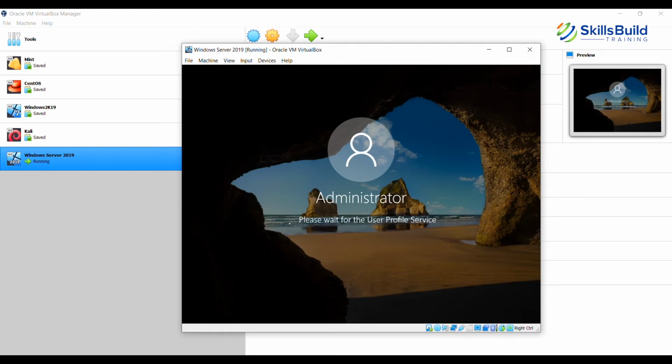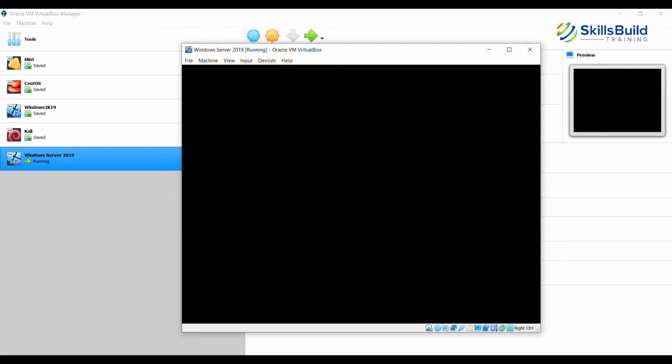Because it is logging in for the first time, it is going to configure the user profile, which is the administrator profile. In a Windows environment, whether it is Windows 10 or Windows Server 2019, anytime you create a user and the user logs in for the first time, there is always a profile setup that happens for that user. Now you see there are personalized settings getting applied.